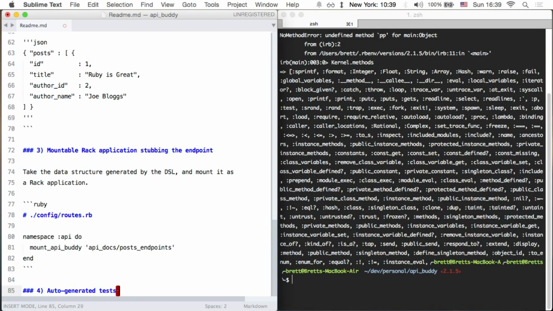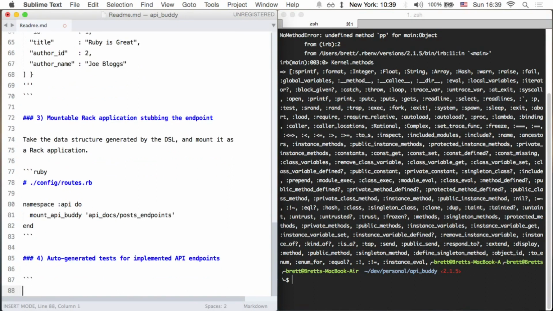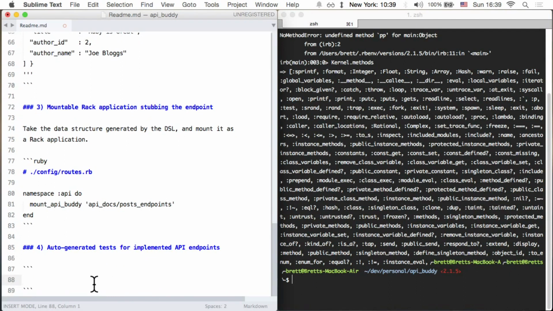Auto-generated tests for implemented API endpoints. Right, so what I want to be able to say, I'm a big fan of RSpec. Probably could do this with a test unit, but we should want to describe, I have a request spec, right? So I have a spec, requests, posts, post, create, right? Example,